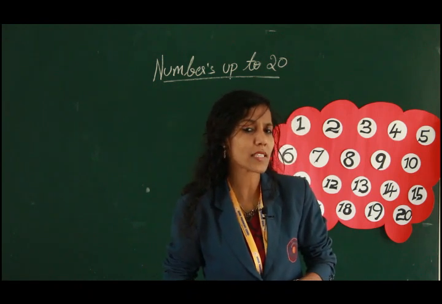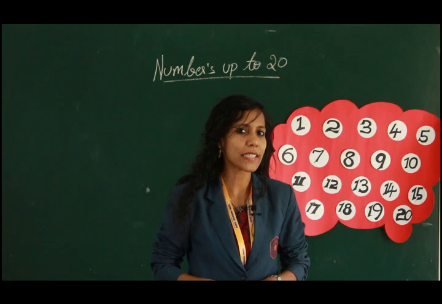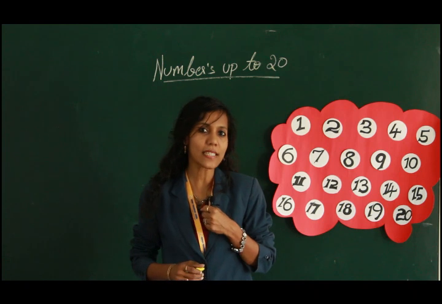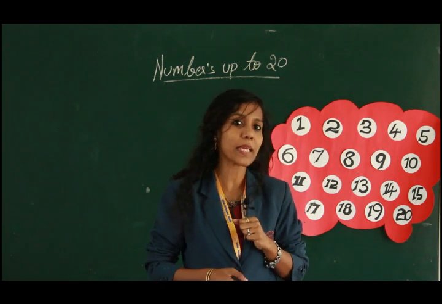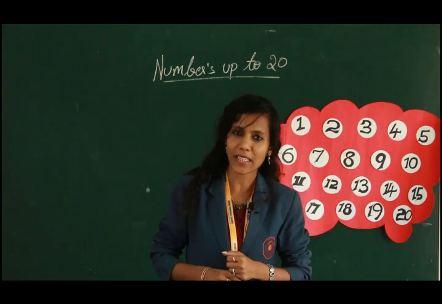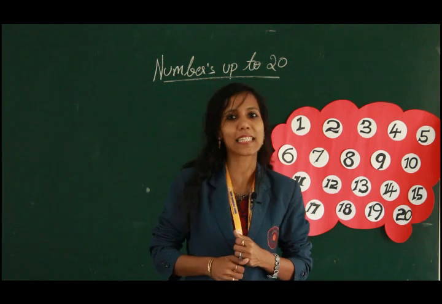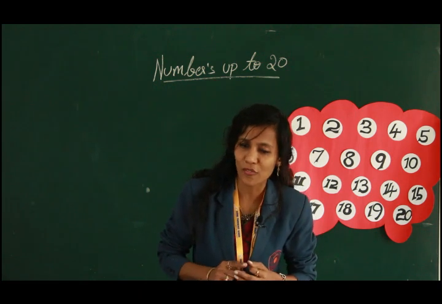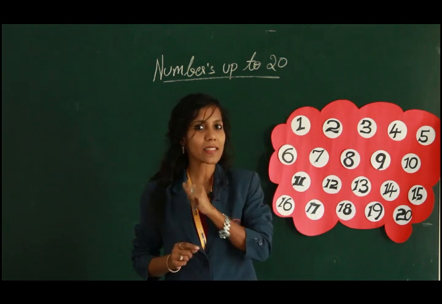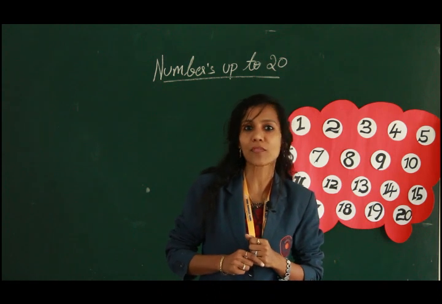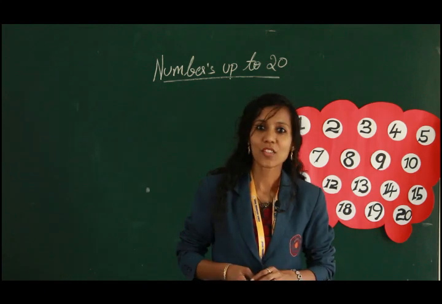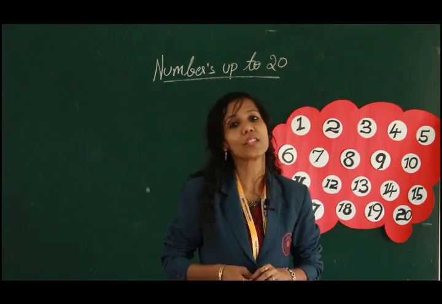Did you revise all the concepts which we did last section? Hope you did that. So let us do a small recap. What we did last section was number names from 1 to 9, that is ONE to NINE. Then we had the concept of 0, then the introduction of 10. Then what else did we learn? We learned ones and tens place. Then we had the introduction of 11 to 20. That's right. Great. So today we'll start a new section with new concepts.